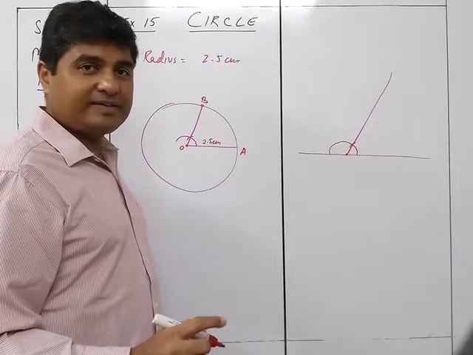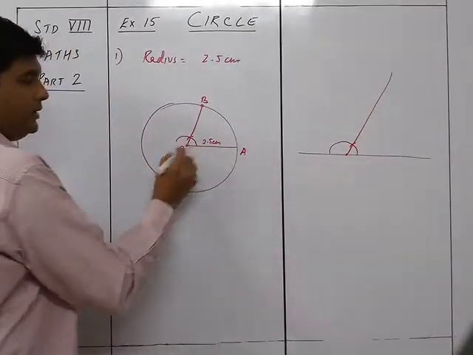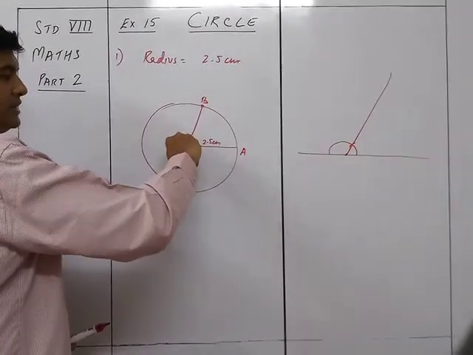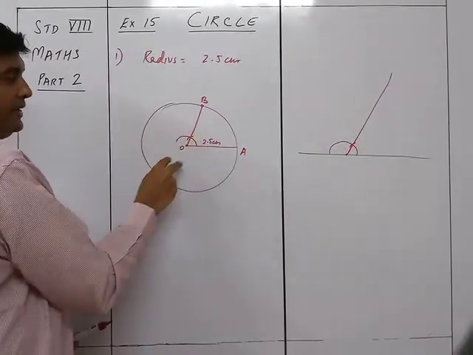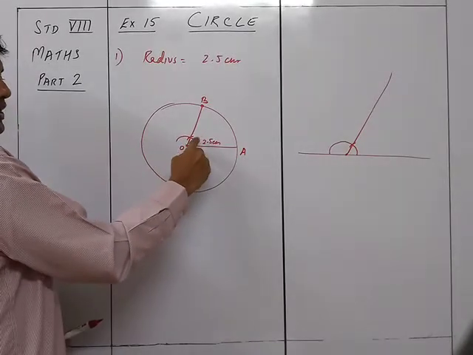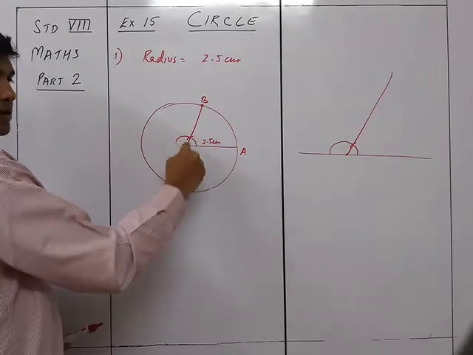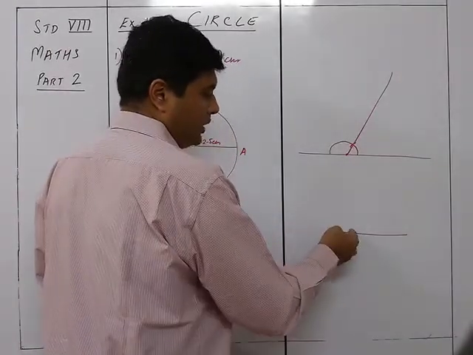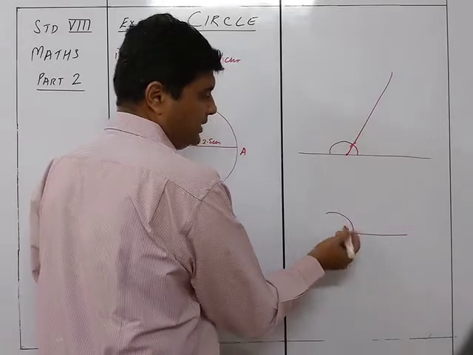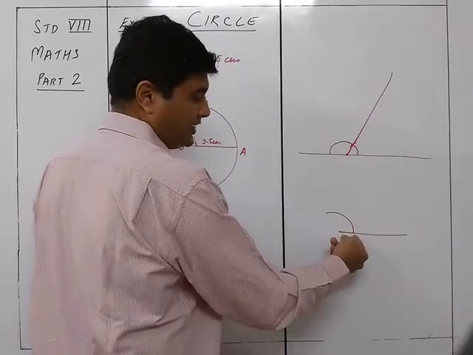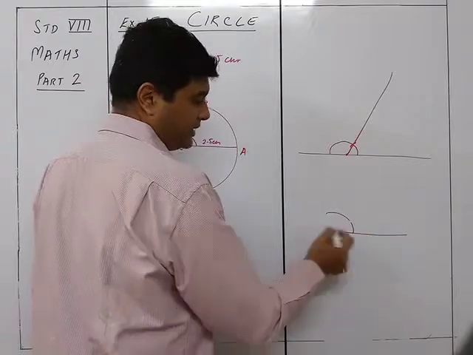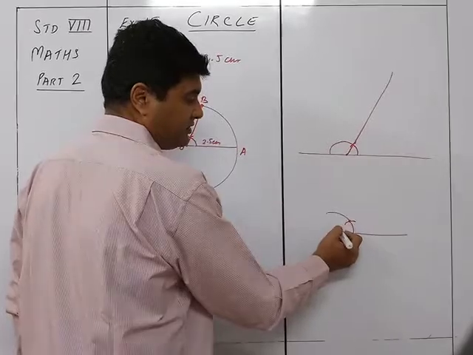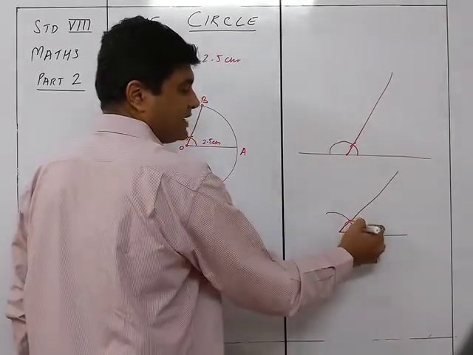Got it? How to make 60 degrees? From this point, you take the radius. Suppose this is the radius. Take it like this and cut a semicircle. Then from this point, you take the same radius and cut an arc on the circle. So it was like this. This was the point, this was the line. I drew a line like this, and then I took the same radius and cut an arc here. So you can see I cut an arc like this. This particular point is the point of 60 degrees. I just join this line, and I get this as 60 degrees.